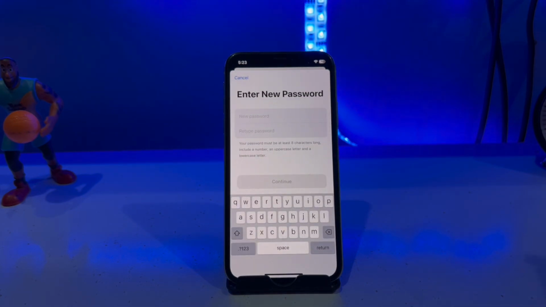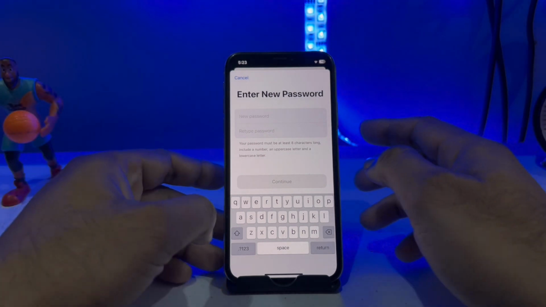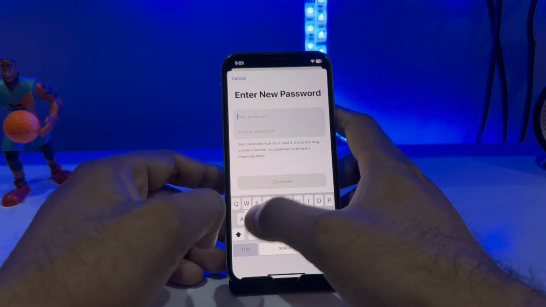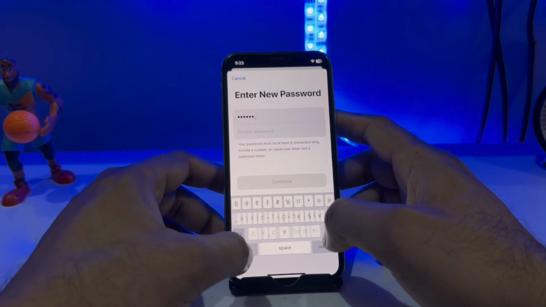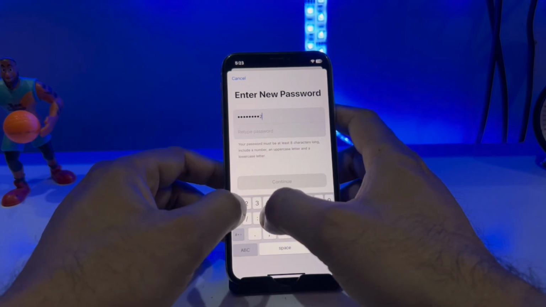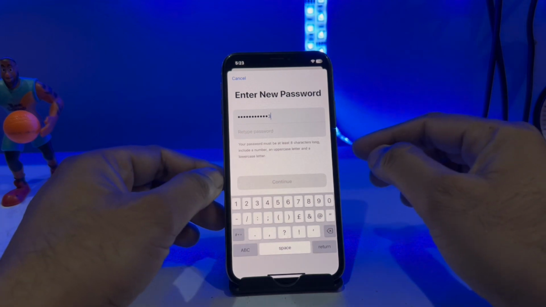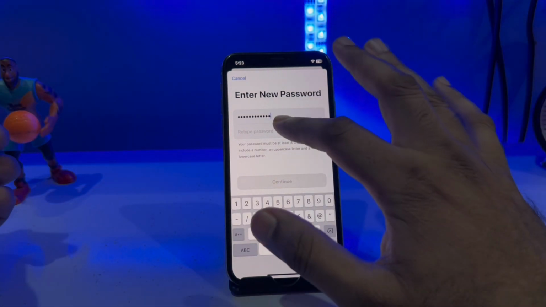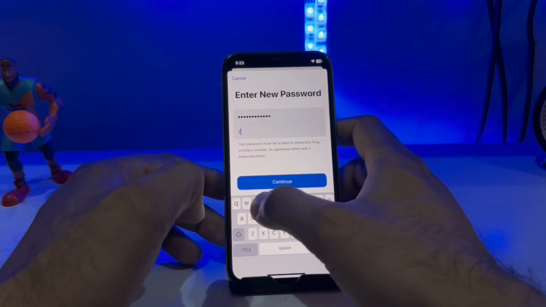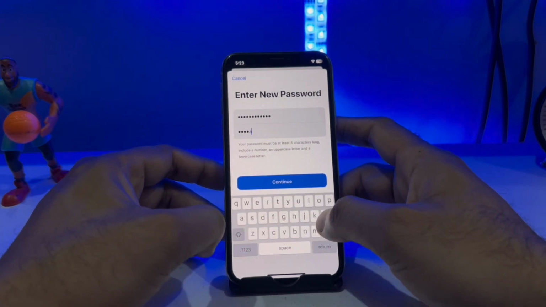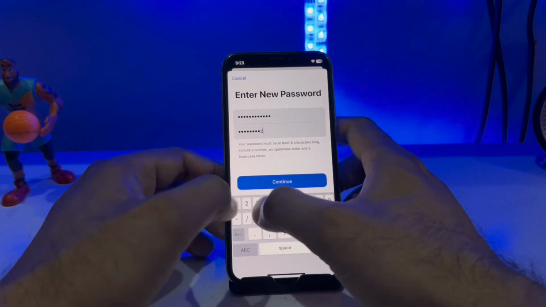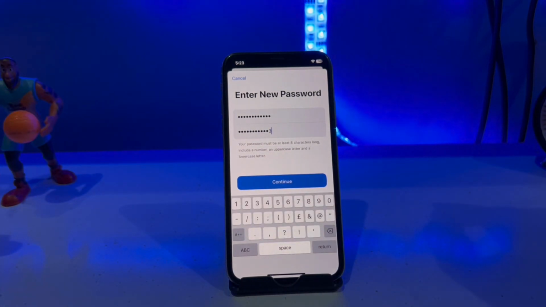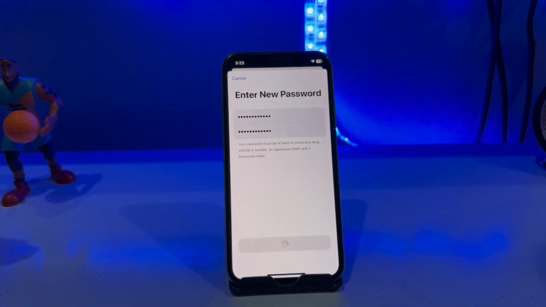Okay, you can see it appears on screen. Here it's showing enter new password. Just enter the new password. Okay, type it again for verification. Tap on Continue,